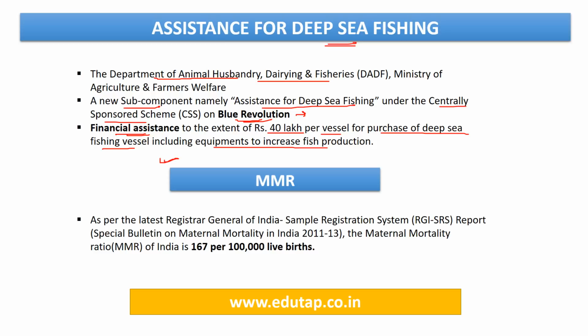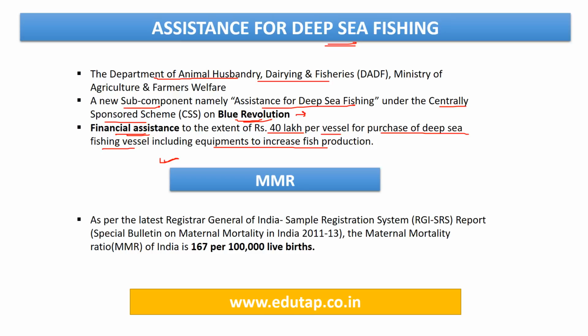The fishing will be done to extract the resources of fishes from the deeper part of the sea in the exclusive economic zone of the country in the higher seas. The unit cost per vessel is rupees 80 lakh. However, the assistance will be provided for 50%, and therefore a ceiling of 40 lakh per vessel has been provided,